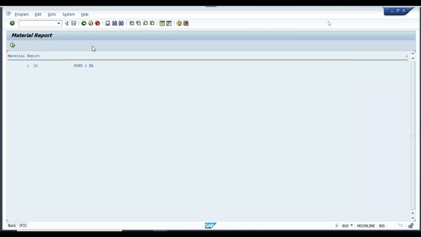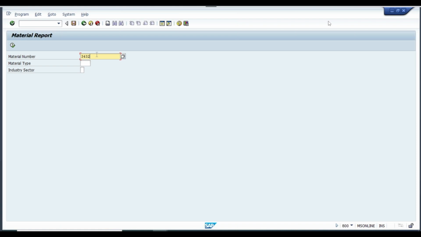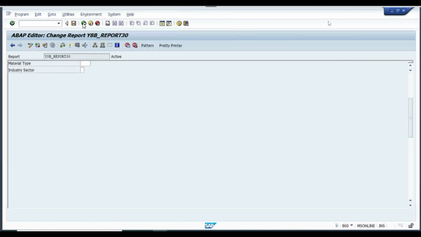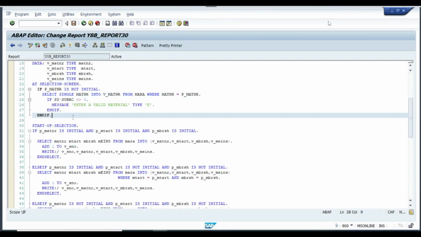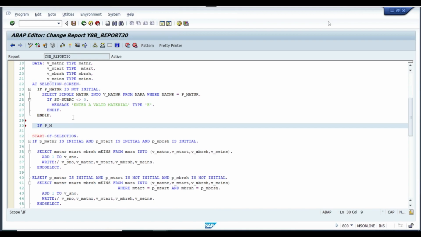Now, he is giving a wrong material number. This material does not exist. Execute. Enter a valid material. Boss, please give a valid material. So now, similarly, if p underscore mtrt is not initial,